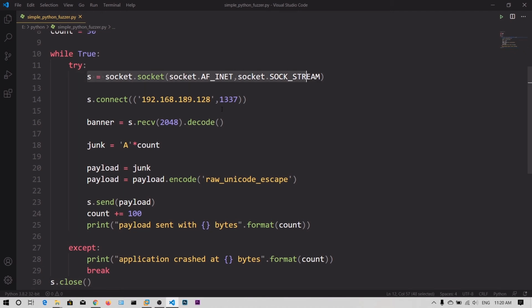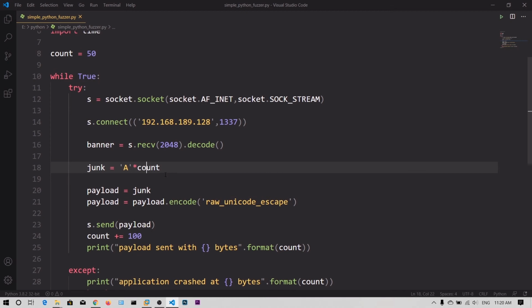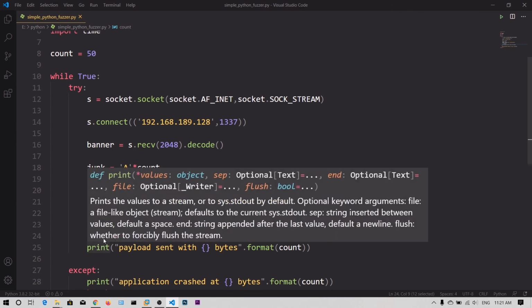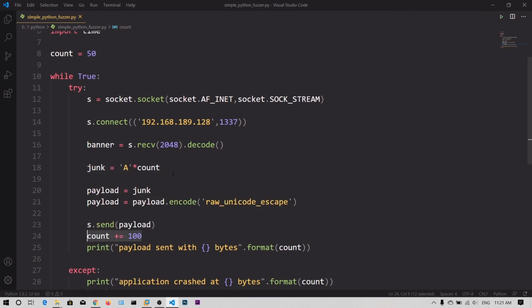We are creating the socket and connecting to the application, and then we receive the banner, which we don't care about, and we create some junk bytes using the count. First count is 50. It means first we send 50 A's, and then we increase it to 100, then 150.